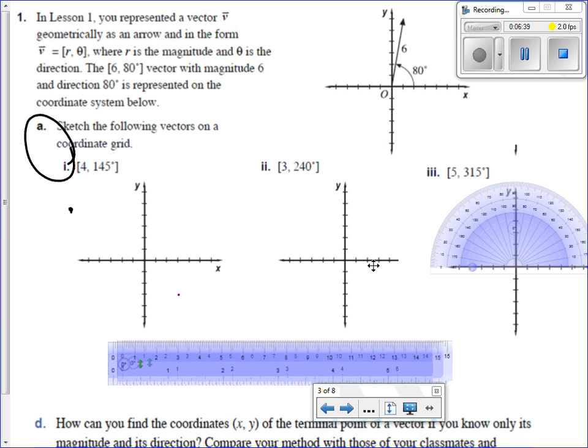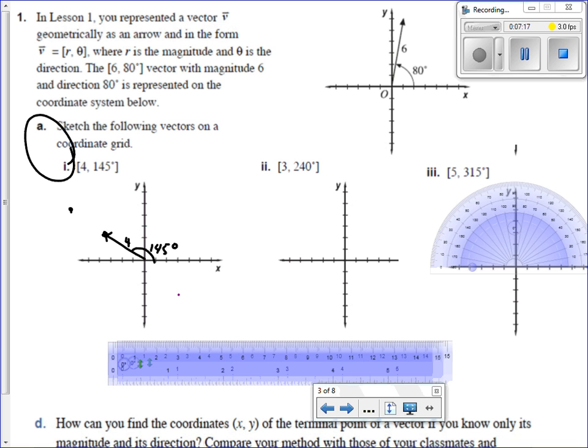I've already marked 145 degrees. I need to measure 4 units out. Now I'm going to have to eyeball it. You can be a little bit more specific. 1, 2, 3, 4, that's 4. Now you can follow your arc and get a pretty close estimate of where 4 would be. For me, 4 is going to be right about there. So there's my vector of 4 units,